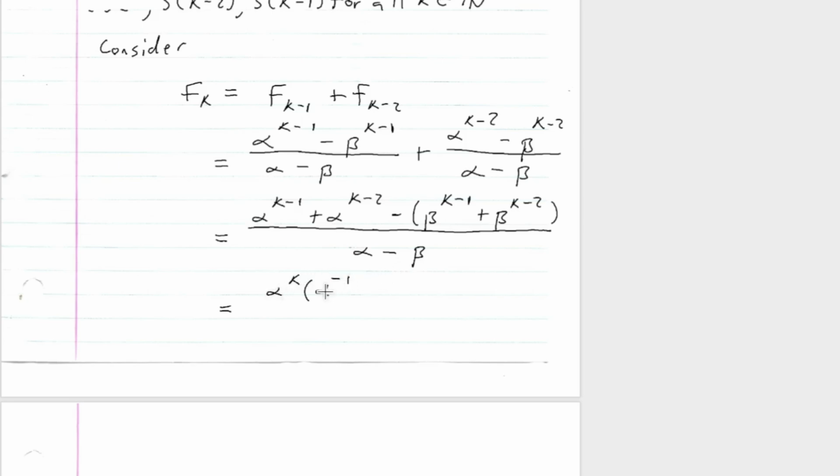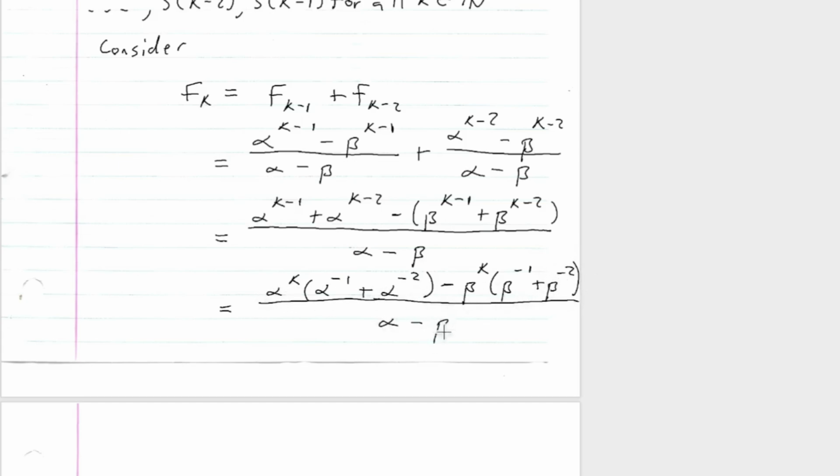Alpha to the k times alpha to the negative 1 is alpha to the k minus 1. And then plus alpha to the k times alpha to the negative 2 gives me alpha to the k minus 2. So I can factor out that alpha to the k, and I'm left with this. And I can do the same thing over here. Beta to the k times (beta to the negative 1 plus beta to the negative 2). And that's all over